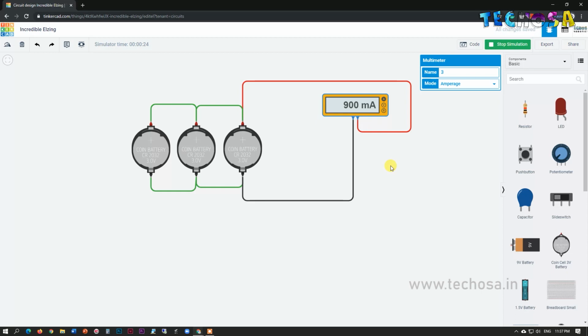As current capacity increases, the battery will last longer. Suppose we can light an LED for 1 hour if we use a 3 volt cell. The same LED can be lighted up for 2 hours if we use 2 batteries of 3 volt. The same thing happens with the battery of our phone. A battery of 2000 mAh will have less charge, but in case of a 5000 mAh battery, the charge increases.